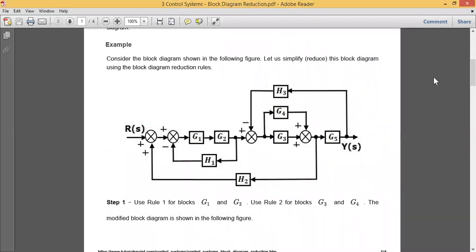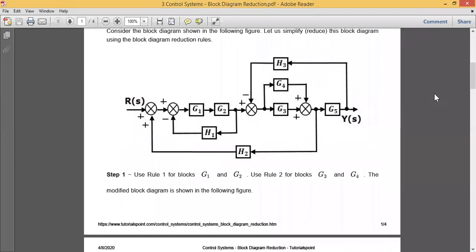What I will do here is apply rule number 1. What does rule number 1 say? Sir, why is there no 4f? Why is there not? Where is the fourth? There is no 4f here. Because I have one takeoff point, a second takeoff point, and a third. I have one more takeoff point. Sorry, there is another takeoff point here. So there are a total of 4 takeoff points. Sorry for that. Once we go into detail, we can check them.